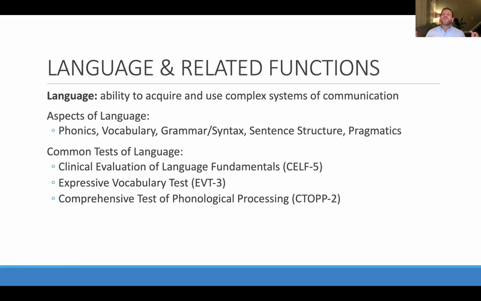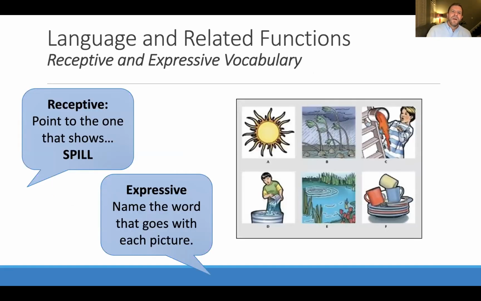What I'll tell you is that we tend to screen these areas as part of a neuropsychological evaluation. And if we see weaknesses, particularly in those higher level skills like sentence structure or grammar, syntax, those higher level narrative or oral discourse kinds of communication, oftentimes we're referring to folks that have even more specialty in that area, more knowledge, and that might be a speech language evaluator, right? The speech language pathologist, to look in greater detail at those areas. Because if we see difficulties, we want to have a strong understanding of what they are so we can guide treatment.